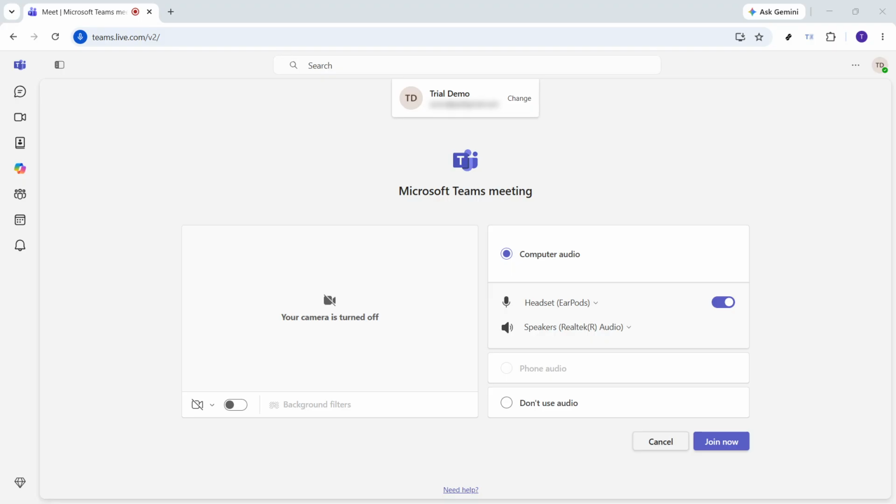invited to a meeting. To begin, open the Teams meeting link so you arrive at the meeting preview screen. This is the page where Microsoft Teams gets everything ready before you enter the meeting. You may see options related to your account, along with settings for things like your camera and microphone. Take a moment here to confirm that you're on the correct meeting page and that the preview screen has fully